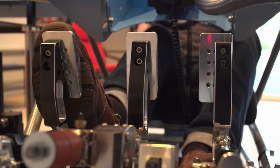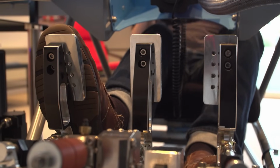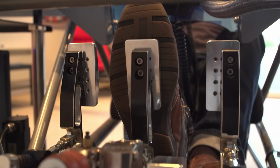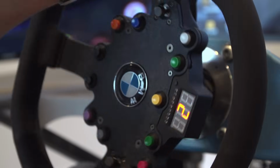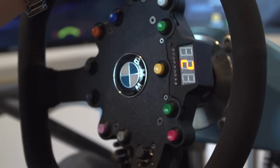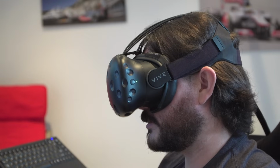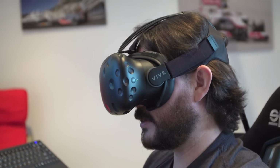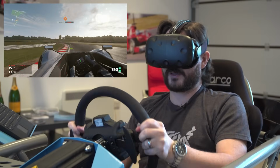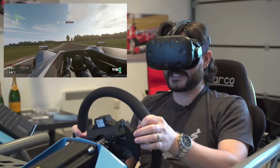Now, I'm one of those lucky few people who have actually driven a BAC Mono. Driving it like this is definitely not the same. You don't get the same braking and acceleration sensations. But in terms of experiences that come close, there is nothing that comes closer. This is as close an experience you could get to driving a BAC Mono that you could get in your home